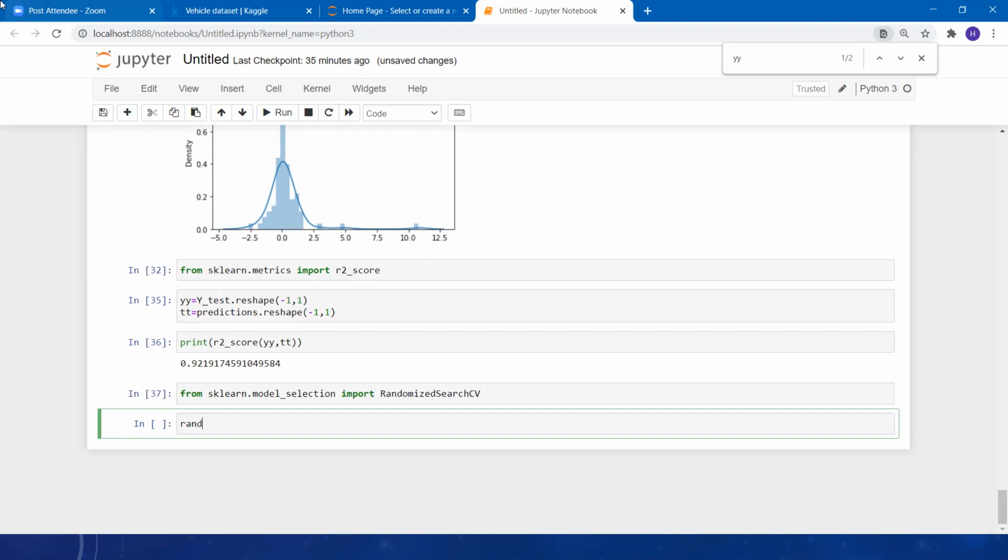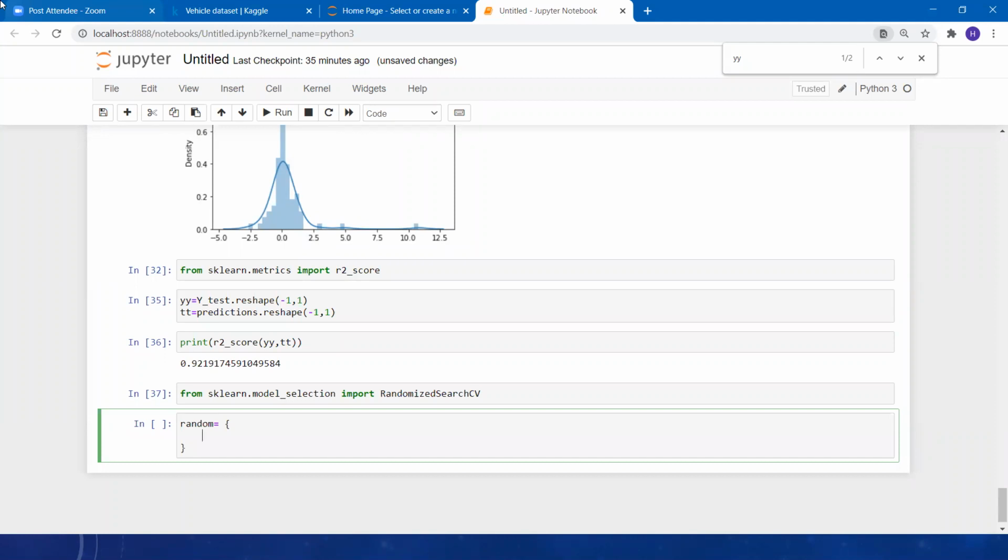Now let's take a variable over here, random underscore grid, or we can just say random. And inside that, what type of parameters can we have inside the random forest? Anyone? First of all, we can have n underscore estimators.